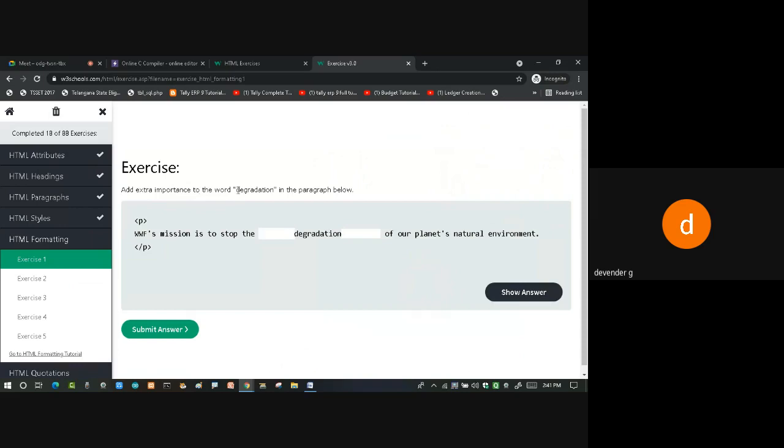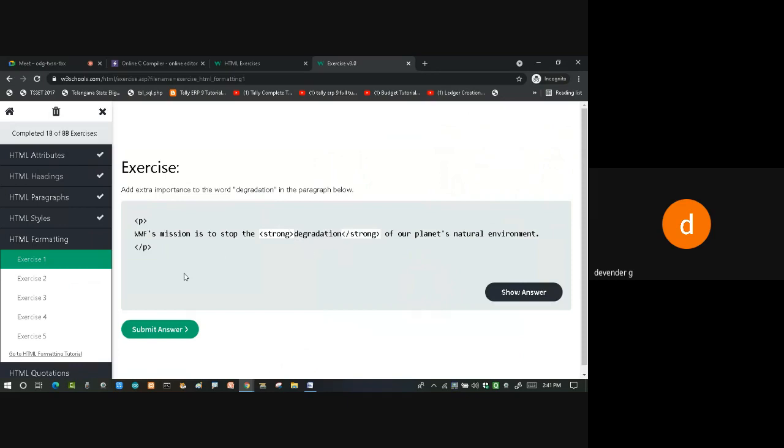So this text should be a little bit darker or stronger. So I need some importance to this particular text. I want to make this a strong text, so it will be highlighted. So he wants this text to be highlighted.